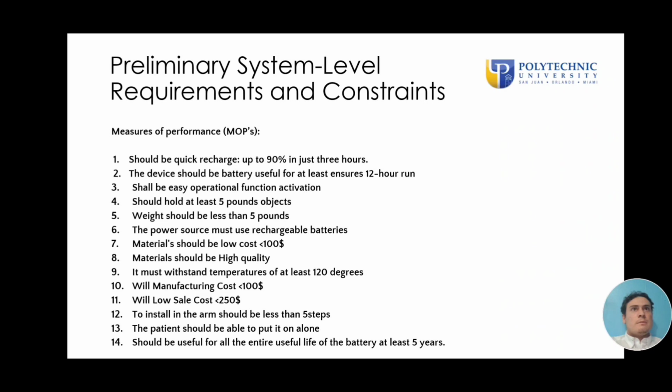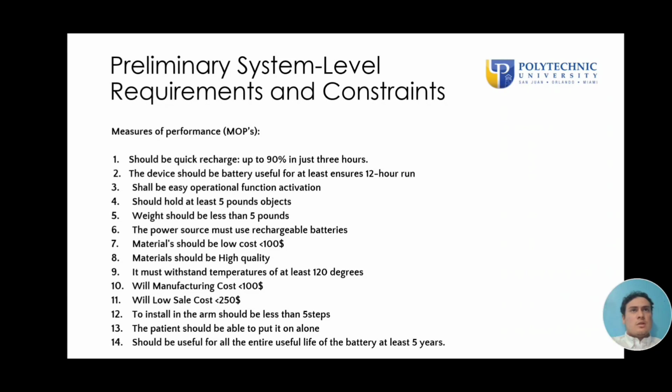The battery should last at least 12 hours of use, should have easy operational function activation, should hold objects of at least 5 pounds, weight should be less than 5 pounds, the power source must use rechargeable batteries, material should be low cost, less than $100, materials should be high quality, it must withstand temperatures of at least 120 degrees, with manufacturing costs less than $100,